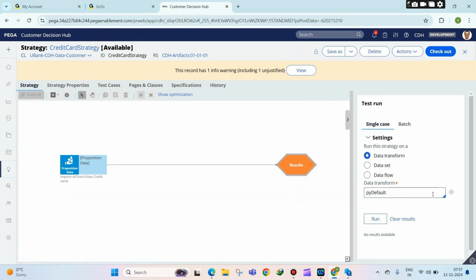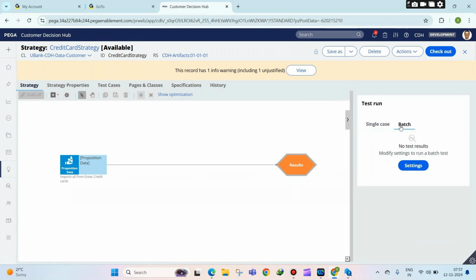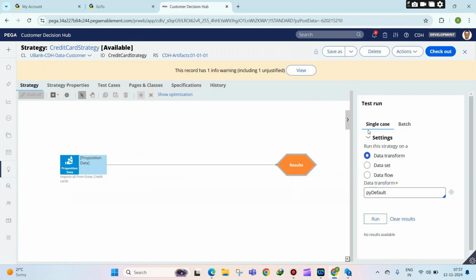So the strategy can be executed in two ways. One with single case, second is with batch. So case in PEGA decisioning means customer. Okay, case in PEGA decisioning means customer. So when I say single case, that means run with a single customer. So when I say multiple cases, run with multiple customers. That is the meaning of that. Okay, case in PEGA decisioning is called customer. It's not the regular cases that you create in PEGA development. That case is different and this case is different. Okay,